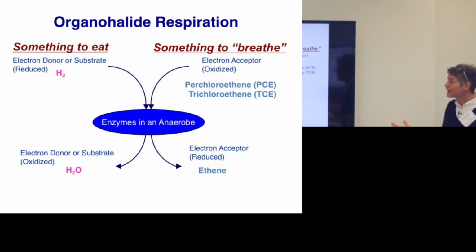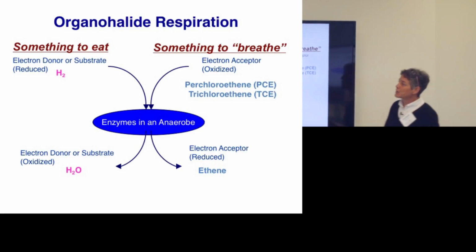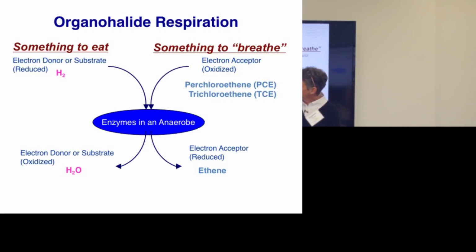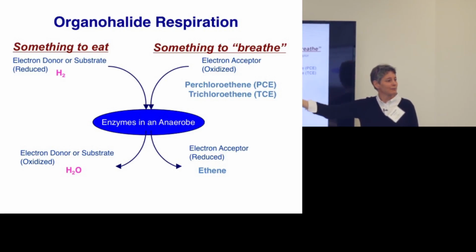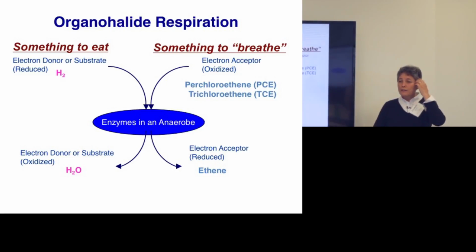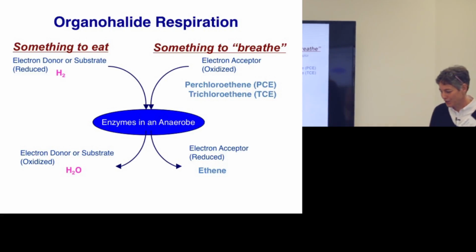But the basic thing is back to this metabolism, which is that these organisms use hydrogen as their electron donor, and they use the chlorinated solvent as their electron acceptor. Okay? And they've evolved because there are actually, when you go out and look in the environment, hundreds of thousands of naturally occurring halogenated organics in the environment, believe it or not. Chloroform is one, bromoform. These things are produced by reactions in rocks and with salts, right? And that's where you get them. So organics and salts and a little bit of energy somehow.